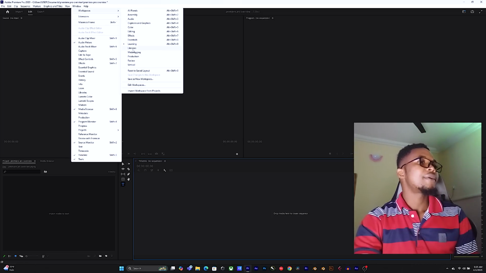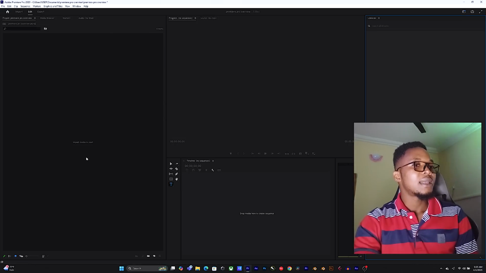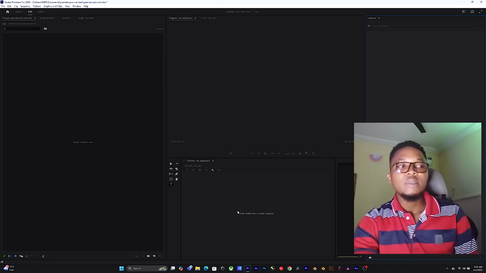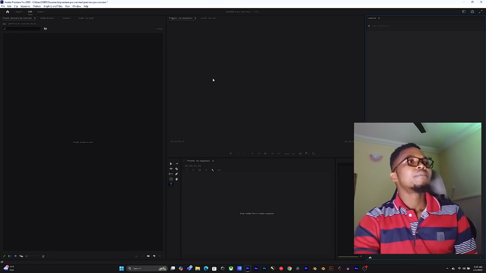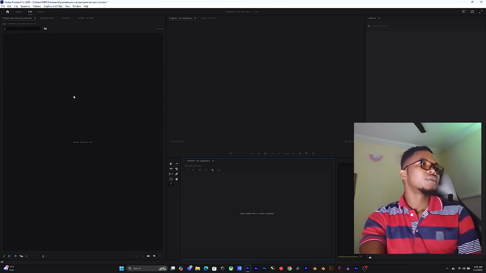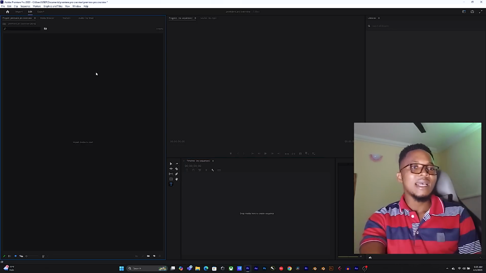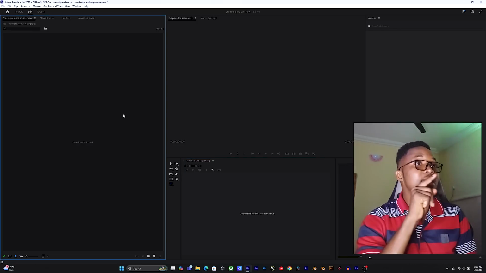Workspace, libraries. You want to import. See how the library is big now. You want to import. We have the libraries here. We have the import media here. We have the timeline small. We have the tools small. We have the program monitor small. Timeline small. Project big. You want to import as many clips as you have. That is why you are using the